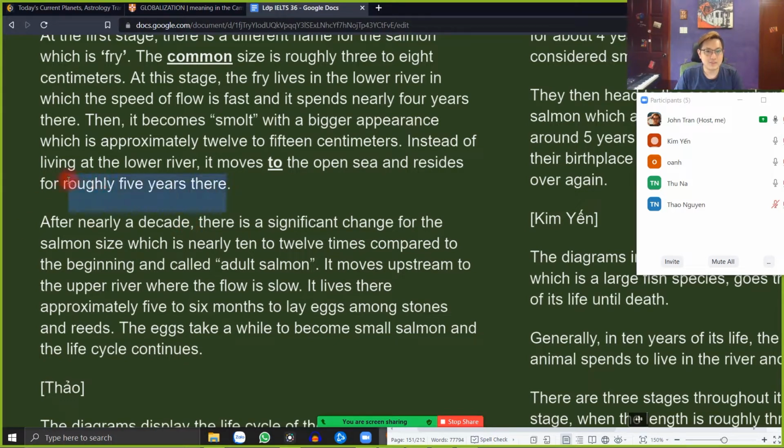Okay, here you mentioned reside for roughly 5 years there. And then you say after nearly a decade. Maybe sometimes people can confuse what you're talking about. Chỗ này mình nói là sống ra xấp xỉ 5 năm, xong rồi xuống dưới dòng ghi là sau gần 1 thập kỷ. Có thể gây hiểu lầm nha các bạn, cẩn thận. Nhiều khi người ta đọc người ta không hiểu được là 5-10 năm đó là cái gì. Be careful with confusion. People might not understand what is after a decade and then reside for roughly 5 years there. You know.